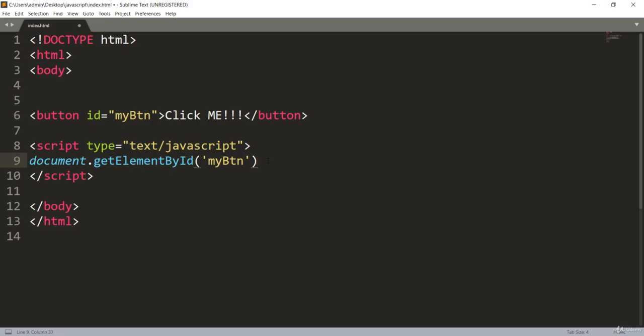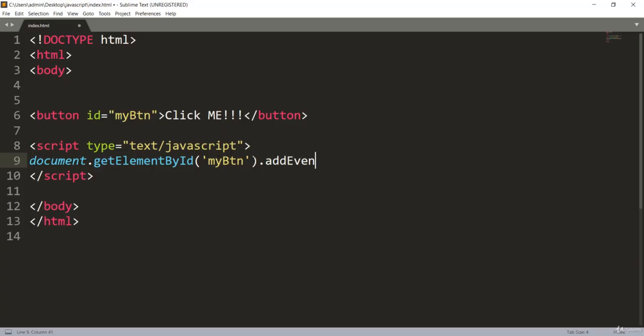So we want to do something with this button. So I'll just add some event listener. So if you just recall, we did something like this in the case of HTML elements events. In the case of the event, we make use of onclick, onmouseover, and all of those events to change the element of the HTML. And we are doing the same in the case of the DOM.